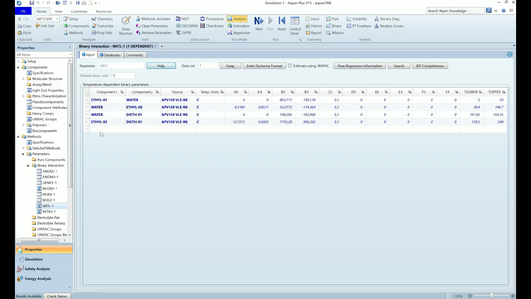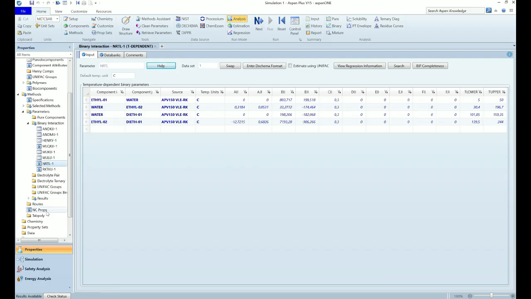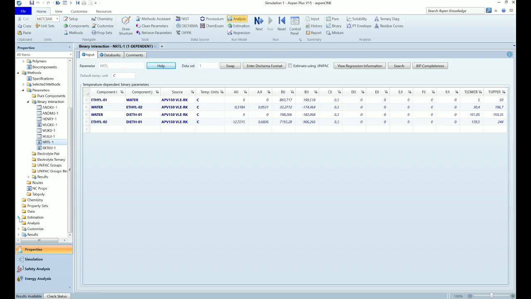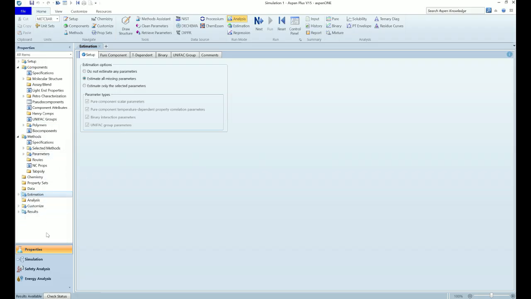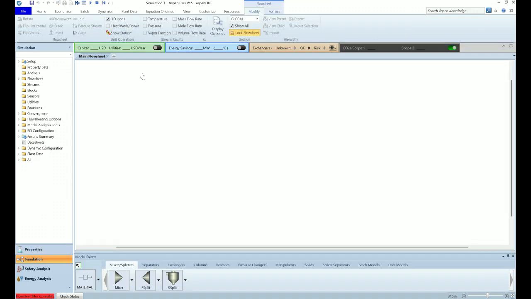Okay, we need to see that all properties could be calculated. Okay, but if something is missing, let's select to estimate the missing parameters. Okay, so let's go next and create our flowsheet, selecting our reactor